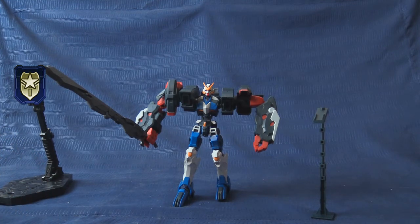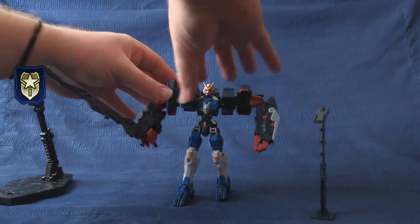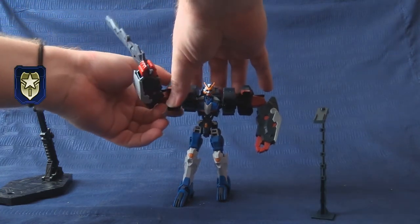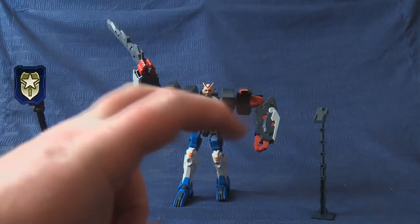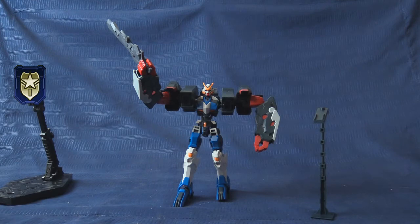What am I trying to say? The assembly for the half cowl is a bit on the finicky side. My own fault a bit for not reading the instructions beforehand and just kind of assuming I could reverse engineer it after it had been on my shelf like this for 2 years at least. 2 years since the last time I touched it. I mean, dust, that's why all my kits look a little dusty. I tried to clean them up beforehand, but